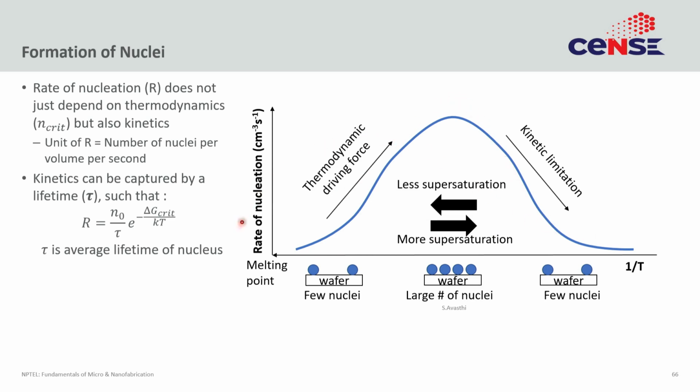So the nucleation initially is very small. Why is it very small? Because you are at equilibrium. So at equilibrium, you should theoretically form no nuclei. Now as you increase the supersaturation, you are now creating a thermodynamic force for the nucleation to occur. You are taking water and you are freezing it below melting point, right? So when you are freezing it, the water is still super cold, so it wants to nucleate. So you are creating that driving force. The more you freeze the water below its melting point, the more you are creating that thermodynamic driving force. So the nucleation rate increases. There's a higher probability for the nucleation to occur.